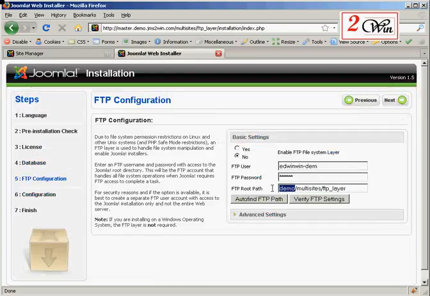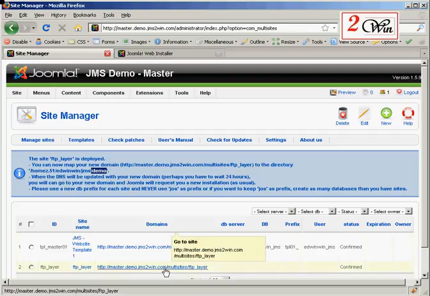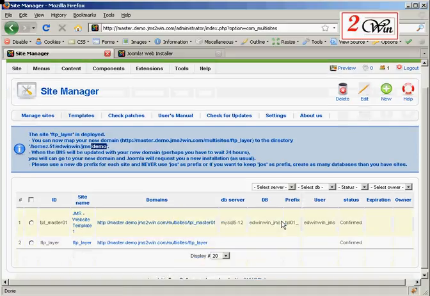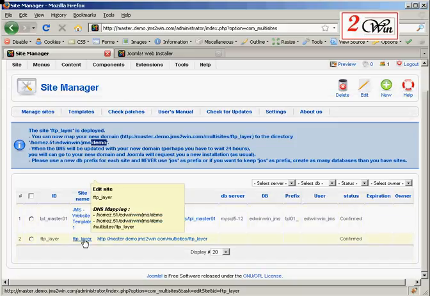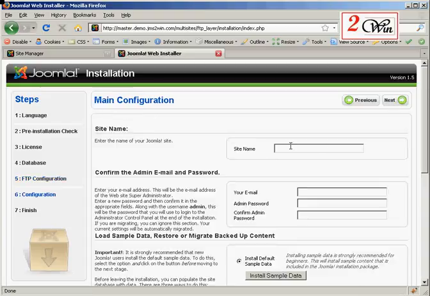So here we have demo and multi-site FTP layer is the directory that we want to save. You see at the end demo.multi-site FTP layer, and you retrieve here on the disk, you have demo, the last one, demo multi-site FTP layer. So when this is done, you can go to the next step, enter your title,